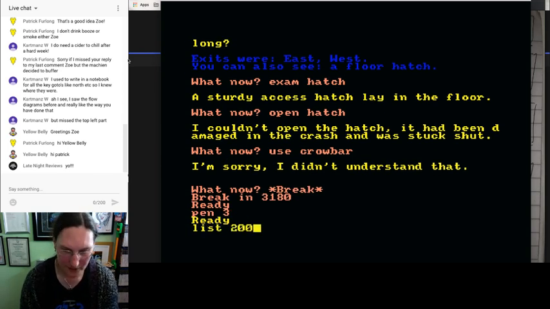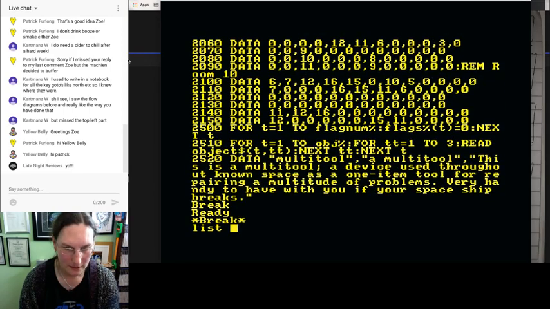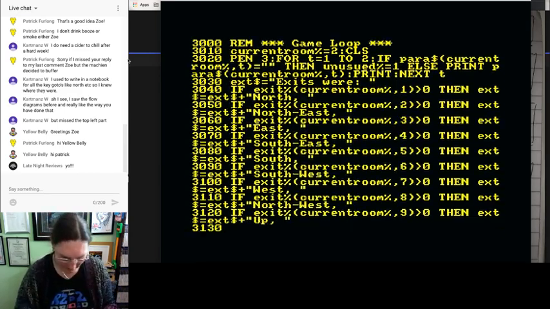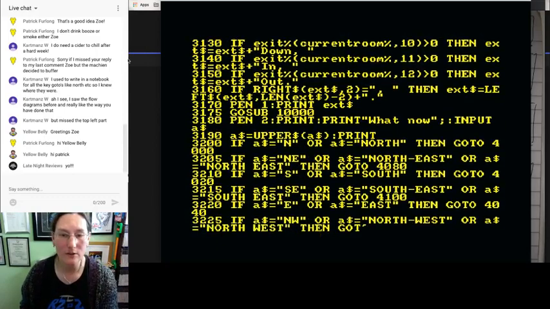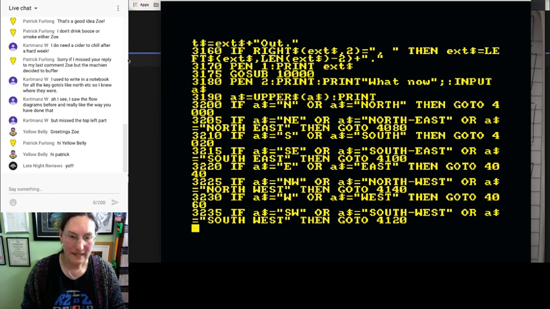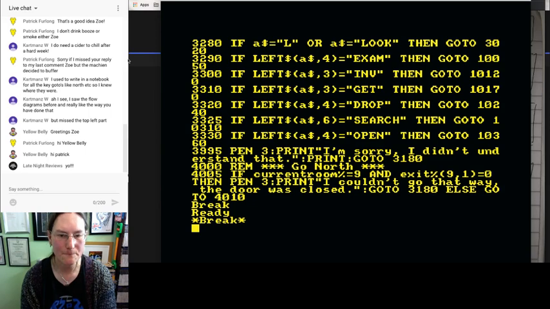Pen3. So list from 2000, was it? Yeah, to 3100. No, that's the wrong bit. List 3000 to 6000. Where is the bit with the commands? I should write this down, but I haven't yet. So 3190, start of commands. Okay, we need 3330 is open, so